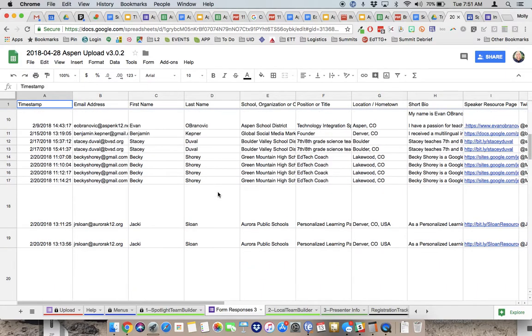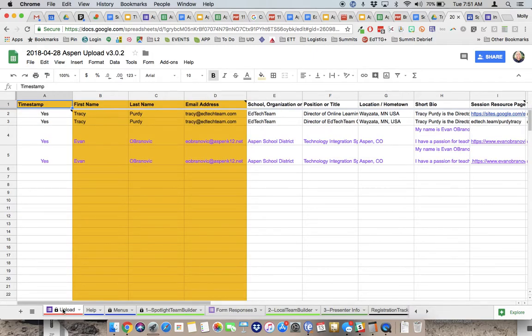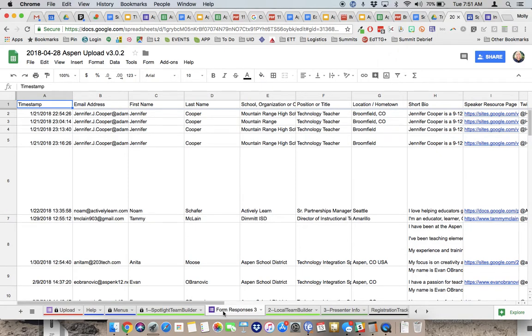It looks like this has been worked on a little bit. This is an example of the Aspen one, and you're going to see that there are some different tabs along the bottom that are locked. It's going to be important that you bring in the sessions from the request for presenters into this upload 3.0.2